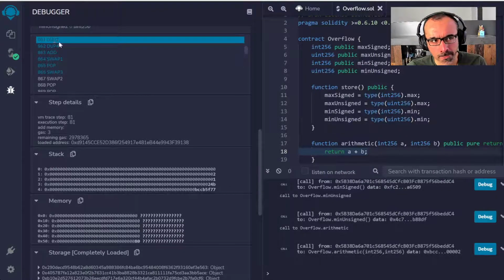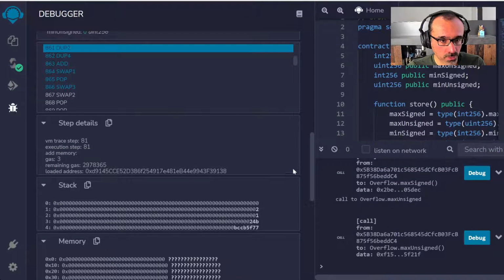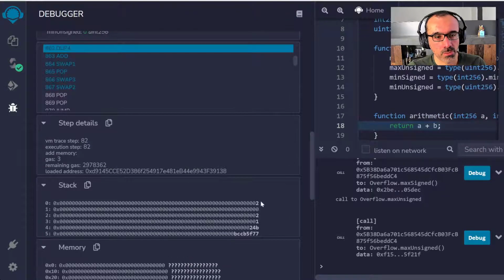instruction. So duplicate 2 is telling it to go and look at the second item on the stack. Let me zoom a little bit more, it is small. And duplicate it to the top of the stack. So let's just hit run. As you can see, number 2 hit the top. And this other one will duplicate 4, so item number 4, 1, 2, 3, 4, which is value 1.